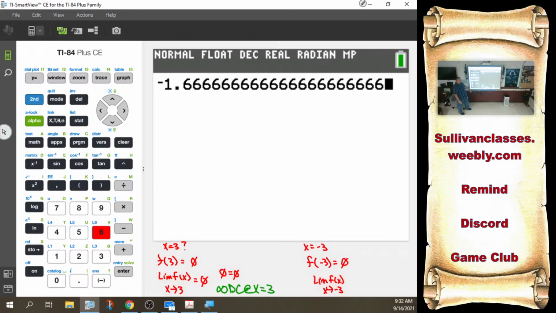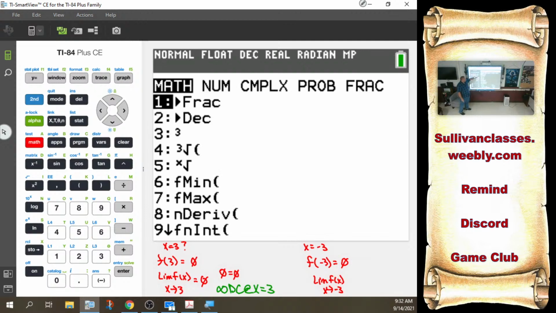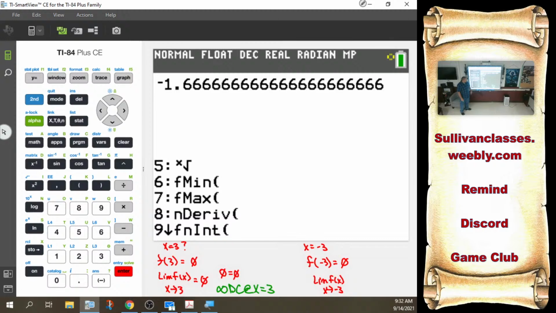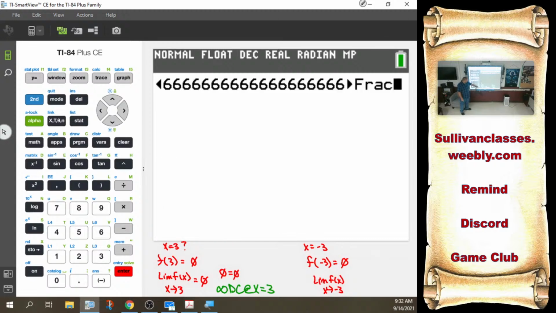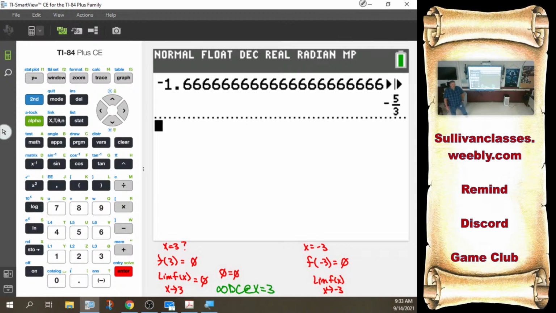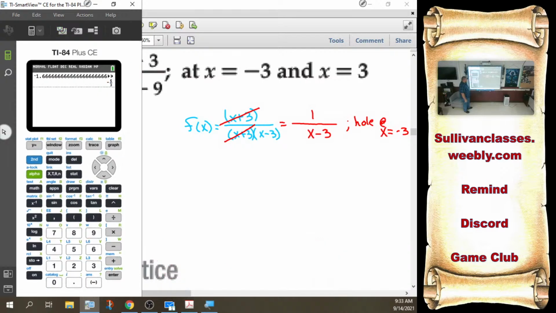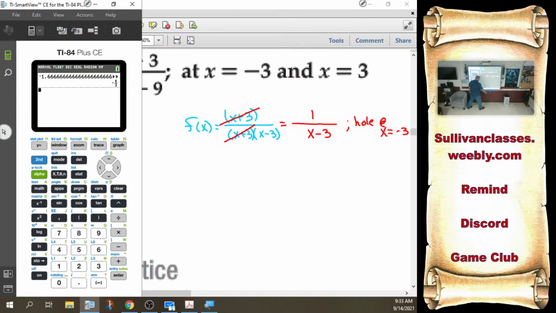I'm spamming sixes. So I can go over here and say math. Hey, Frank, turn that into a fraction, please. Okay. If you don't know what the fraction is off the top of your head, but it looks like a repeating decimal, head back here, change it into a fraction, please. Now, there's an easier way to do that. Come back here.